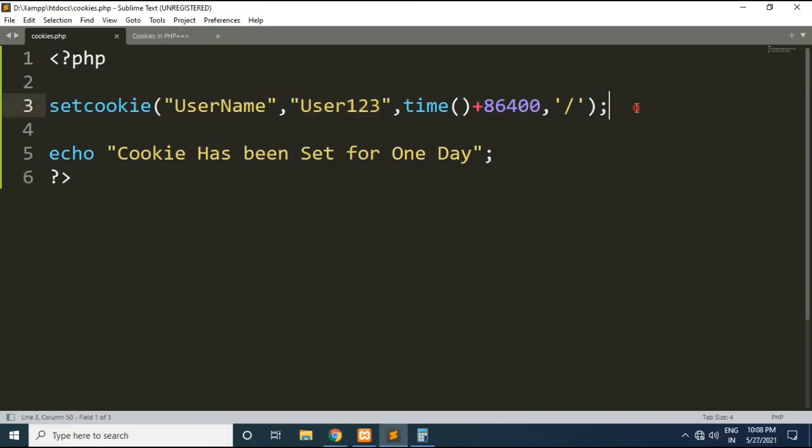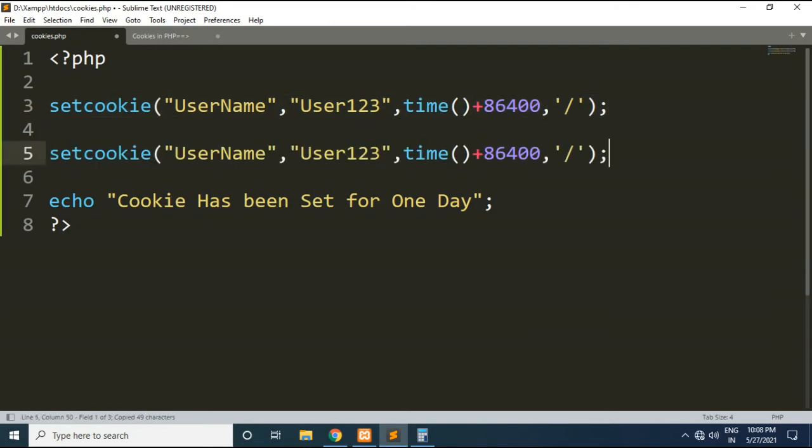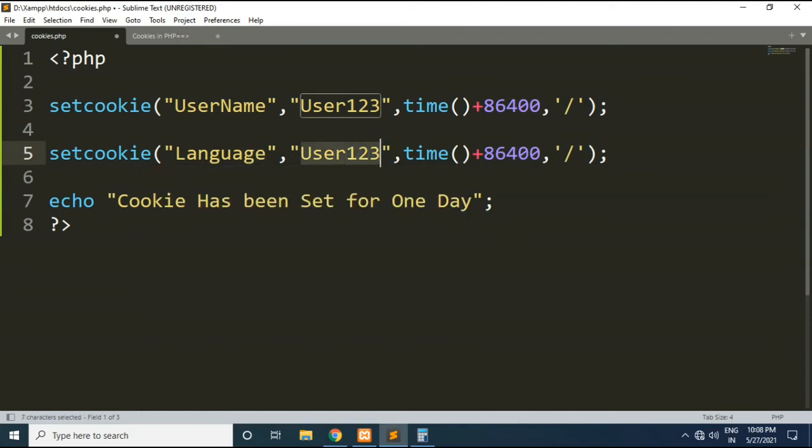Now friends, one more cookie I will create, and we will change its expiry time. Okay, now here I will specify the name of the cookie, language, and its value will be, let's say, English. Now here we will set the time for only 60 seconds.